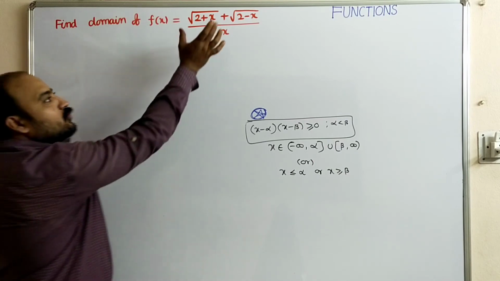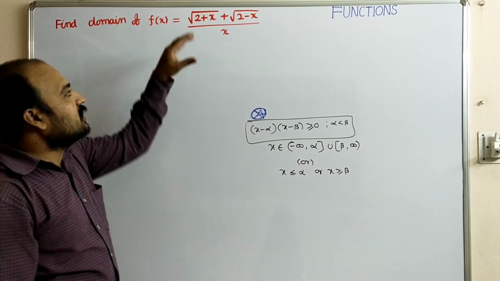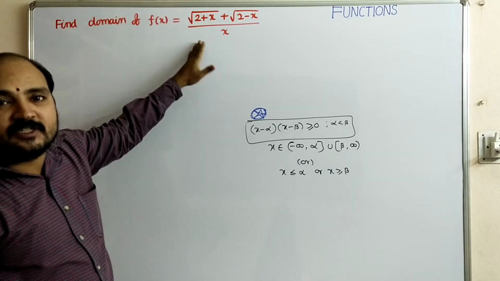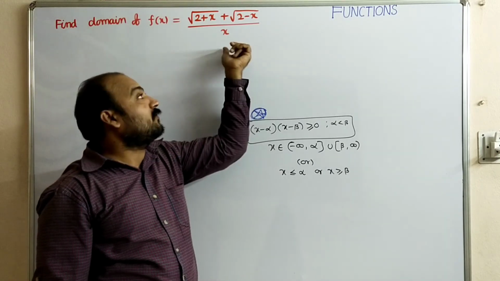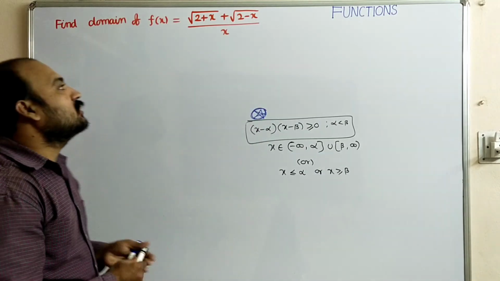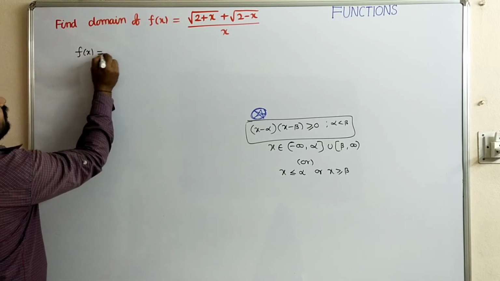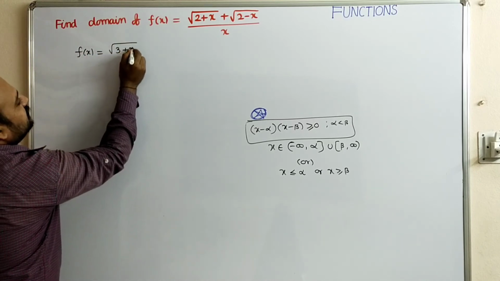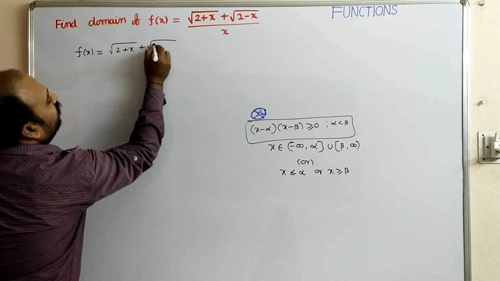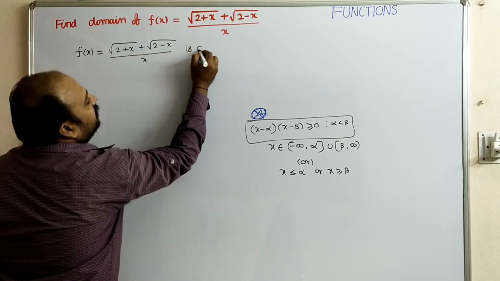So here the sum of two functions is there, and in the denominator another function is there. First of all, it is in the form of g of x by f of x. Whenever is g of x by f of x defined? When f of x is not equal to 0. So the denominator should not be equal to 0. First thing: the given function f of x equal to square root of 2 plus x plus square root of 2 minus x divided by x is defined